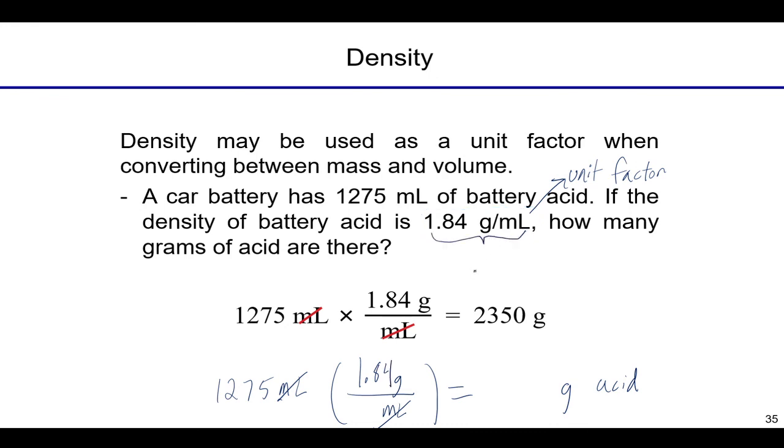Also, as I said last time, a lot of times these compound units give students problems, so I like to write them instead like this. Whatever the second unit is in the compound unit, it's always per one of those, right? So if it's 52 miles per hour, or we could say meters per second, that's the same as saying 52 meters over 1 second. And when you write it out like that, it's easier to see it as a unit factor that you can manipulate for the particular problem.